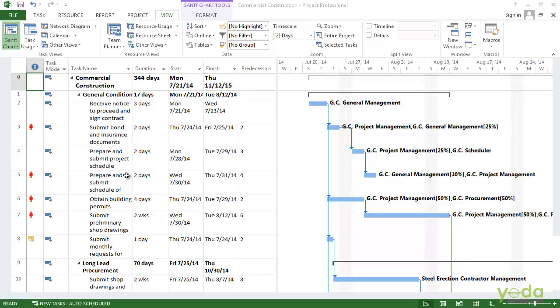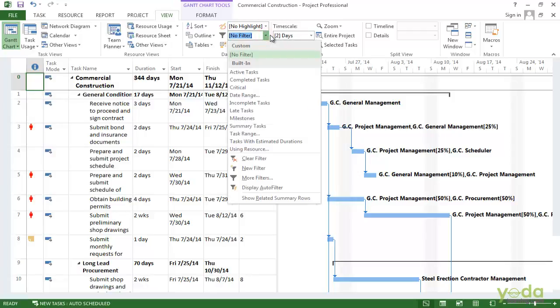Project comes with a bunch of built-in filters, like the incomplete task filter, which shows the tasks that aren't done yet. Some filters include prompts, like the using resource filter, which asks which resource you want to filter by. AutoFilter is an easy way to set up a filter on the fly, and you can also create your own filters. So, to work with the filters, go to the View tab, then click the drop down in the filter box.